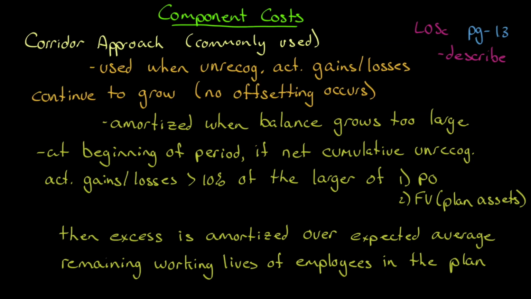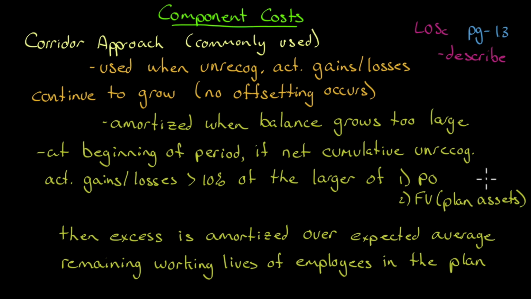All right, so let's talk about this corridor approach. It's used when the unrecognized actuarial gains or losses continue to grow. In other words, no offsetting is occurring. It's amortized to P&L when the balance grows too large. So at the beginning of a period, if the net cumulative unrecognized actuarial gains or losses, lots of language here with accounting, right? What this is saying is that if the total amount sitting in OCI, or accumulated OCI at this point, sorry, OCI is only for the year. Accumulated OCI is what we accumulated. If the net cumulative gains or losses are greater than 10% of the larger of either the pension obligation or the fair